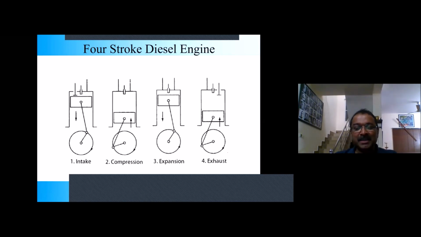So this is the pictorial representation of what I have explained earlier. Let us look at it. This is the cylinder, and this is the piston. We will concentrate on the cylinder and piston movement only right now. This is the normal position of the piston. The piston is at its top dead center.